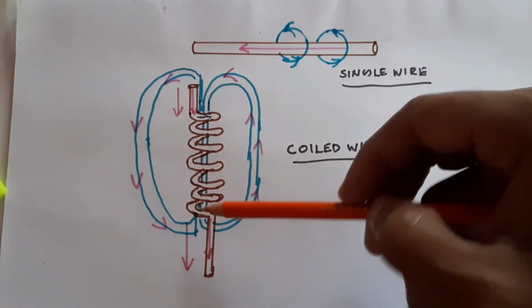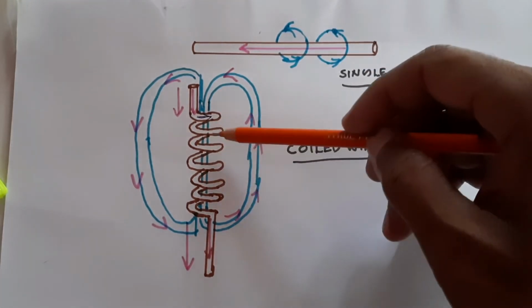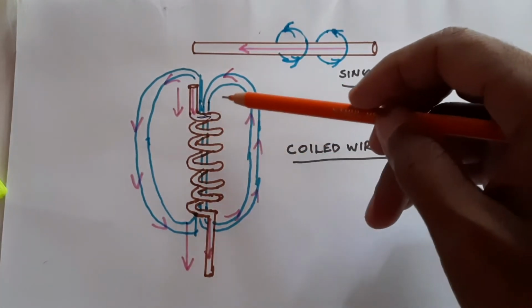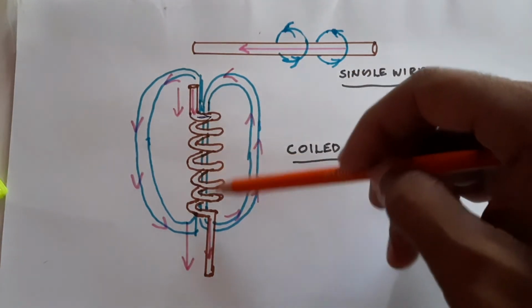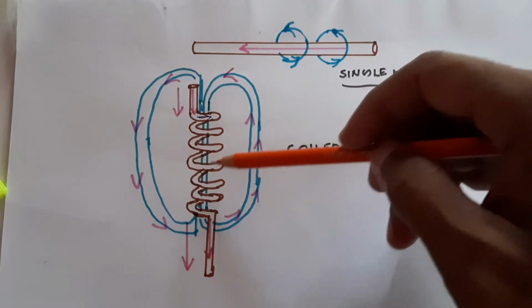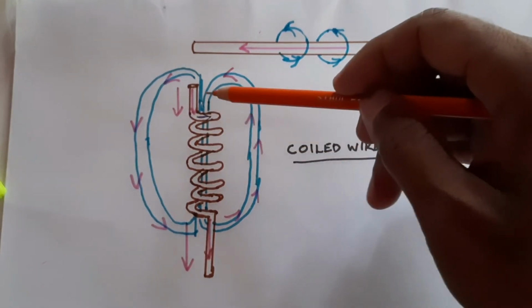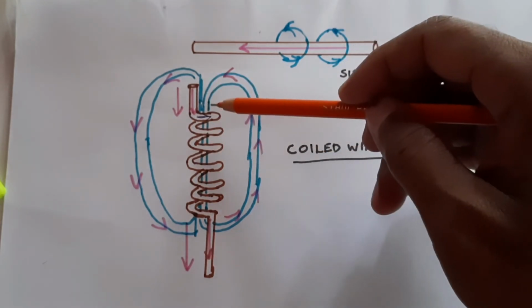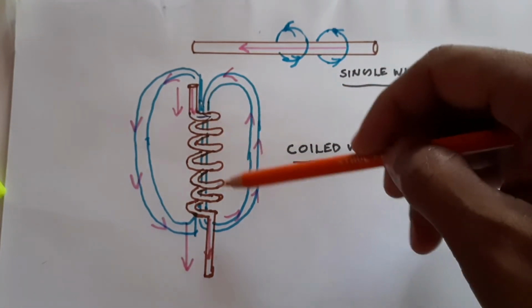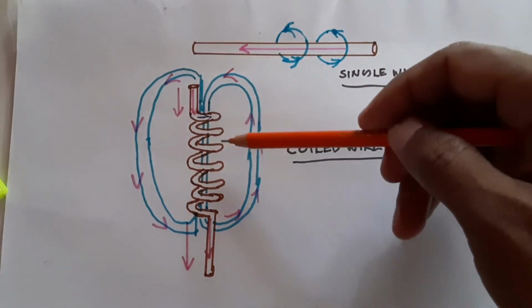If no core is put inside and there is only air, the inductance is very low. If we put in a core, more flux will be concentrated, more flux will go through it, and since the concentration of flux is more, we can get more inductance. More inductance means more opposing force. More opposing force to what? More opposing force to the changes in current. This property is used in electronics.